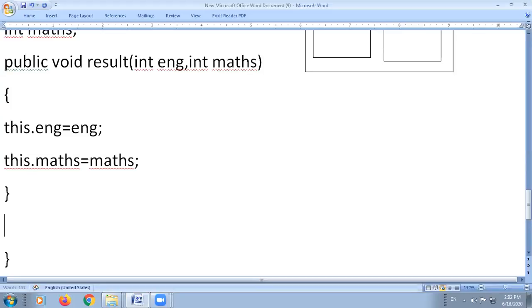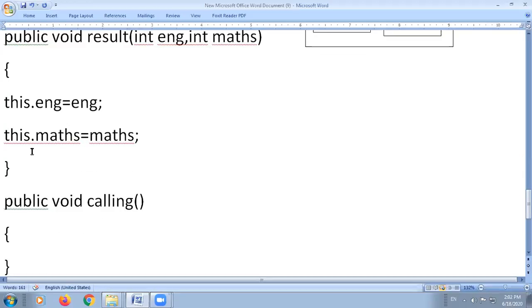Now let us make one calling function. Suppose I've made, for the example only, one calling function known as calling, and from this function I want to call the above result function. So how will you call? You have to create the object first. So what is the rule for creating the object? Class name.